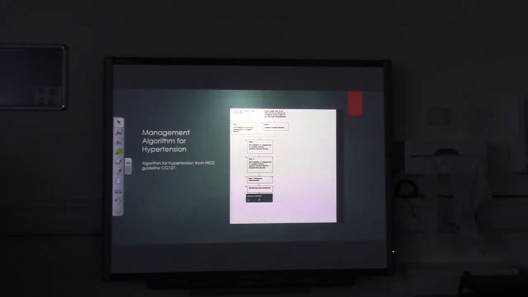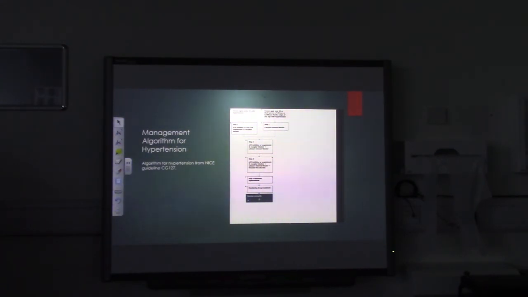If you're unable to manage with the ACE inhibitor or calcium channel blocker, then you would add the other. So if you've got an ACE inhibitor, then you would add the calcium channel blocker, and it escalates up from there. So ACE inhibitor plus a calcium channel blocker, and then add a thiazide diuretic. If you're still resistant to hypertension at that stage, the recommendation by NICE is that they are referred to a specialist for further monitoring and drug treatment, for specialist intervention.